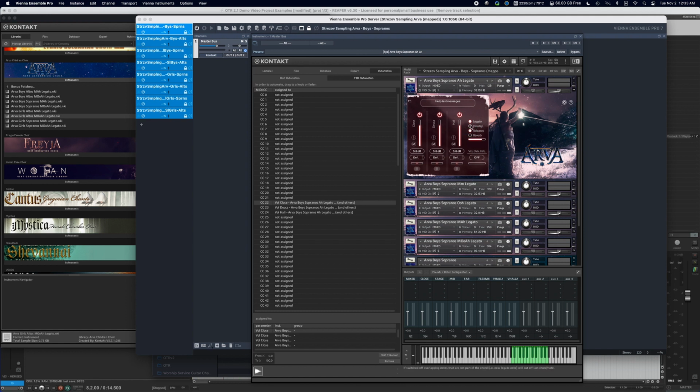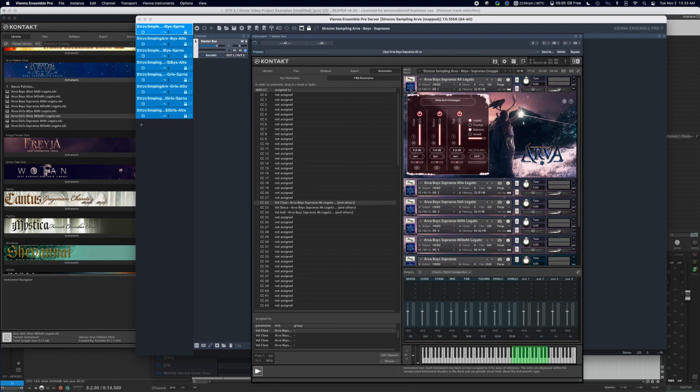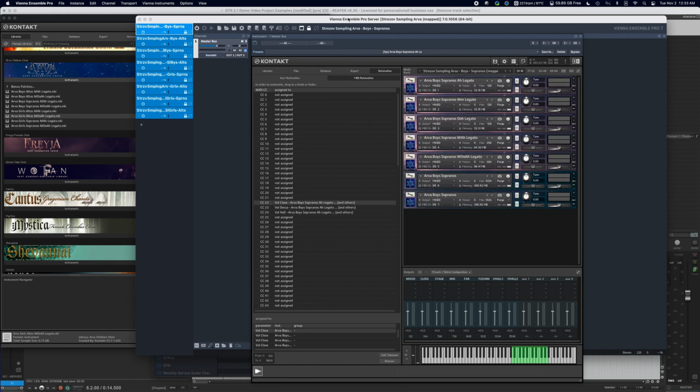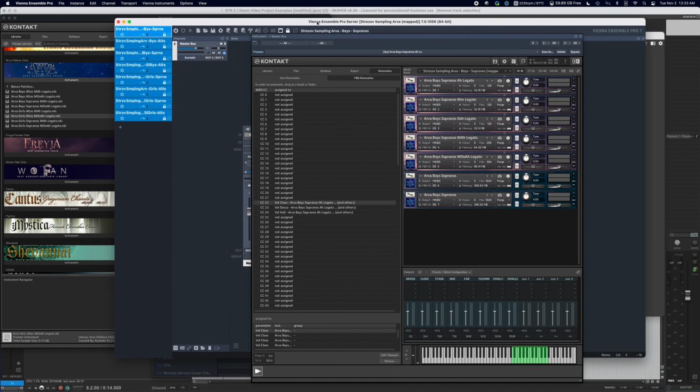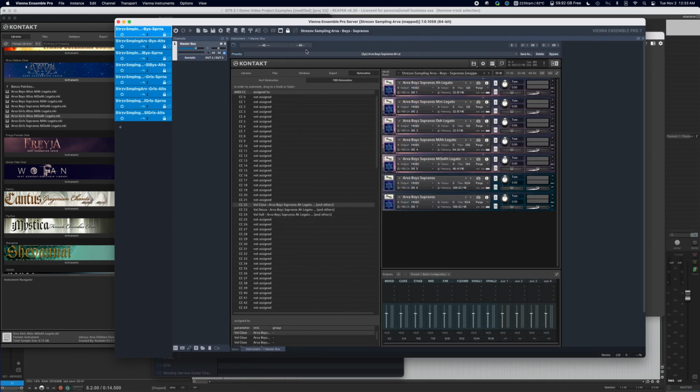I didn't do anything for CC for the releases. CC 77 for overlap. I turned reverb off on everything. I basically got these ready to be set up with rearticulate. From here, what I did, let me merge this back in. There we go. From here, what I did is I set up a project that mirrored this setup